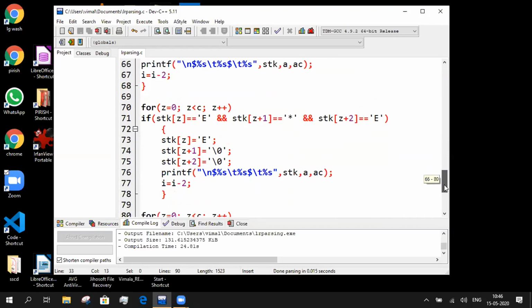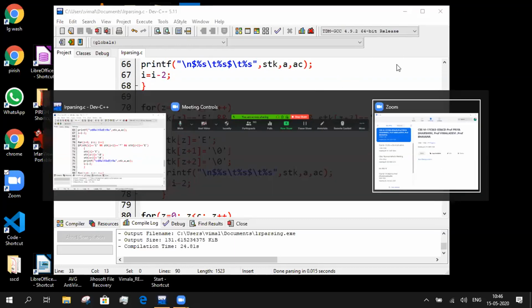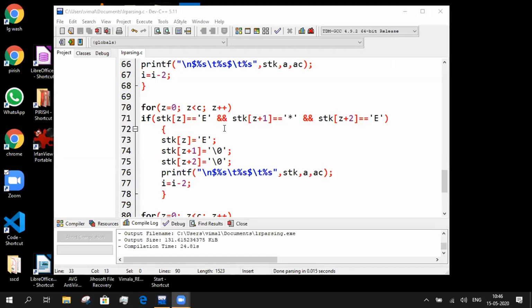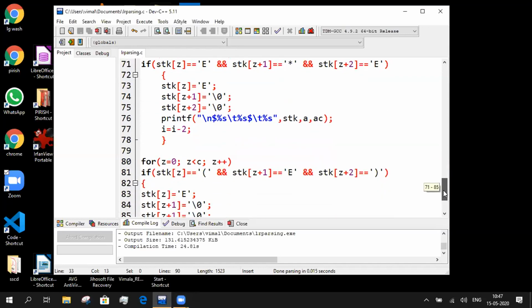The same code is repeated here. Instead of E plus E, here we have E star E. That E star E is reduced to E here. Again, the top of the stack is brought 2 positions down. And finally, what do we have? We have in the grammar parenthesized E also, right?